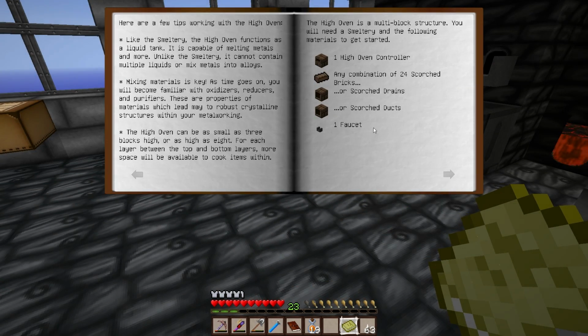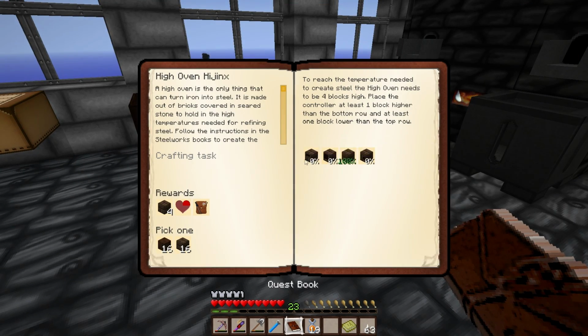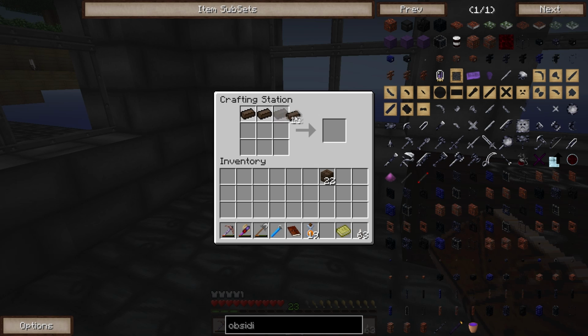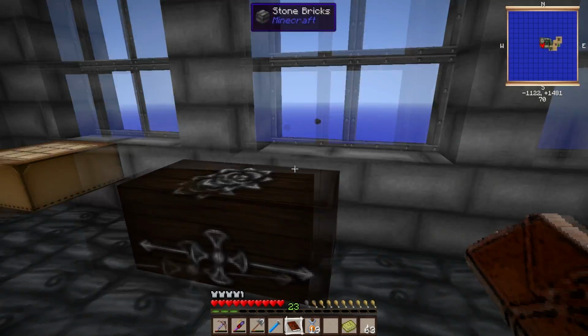So what do I need to do? I need one high oven controller, which I still need to craft. If we look at the quest book, part of the quest is to make a scorched duct, a scorched drain, and a high oven controller. So we're going to finish off making that. I think one of them is like that. That's the duct. That's the drain, and apparently I don't have enough scorched bricks, but I do have some more bricks here. So what you can do...